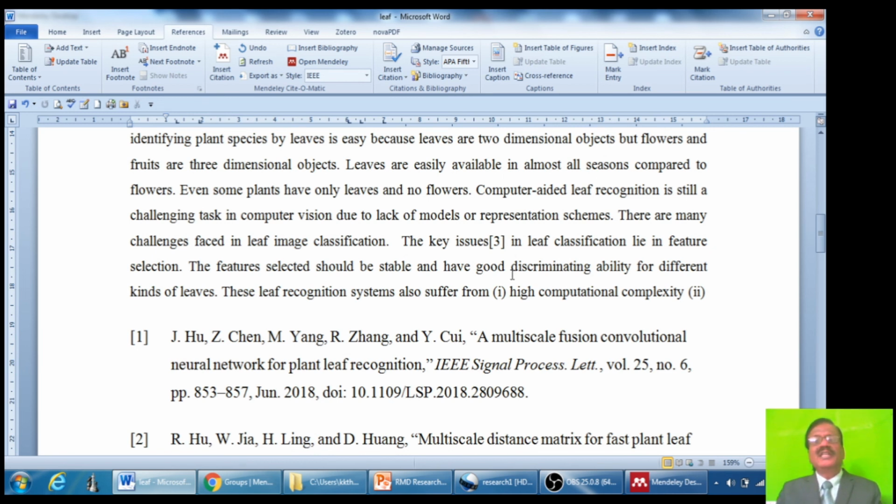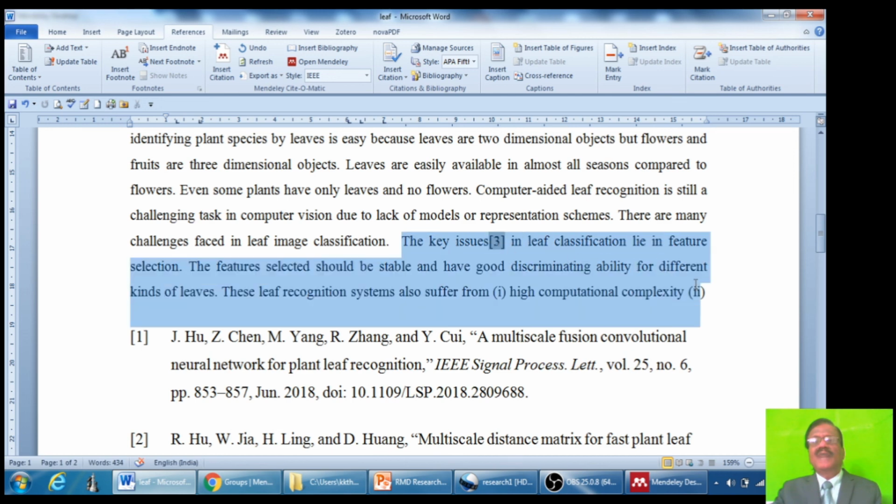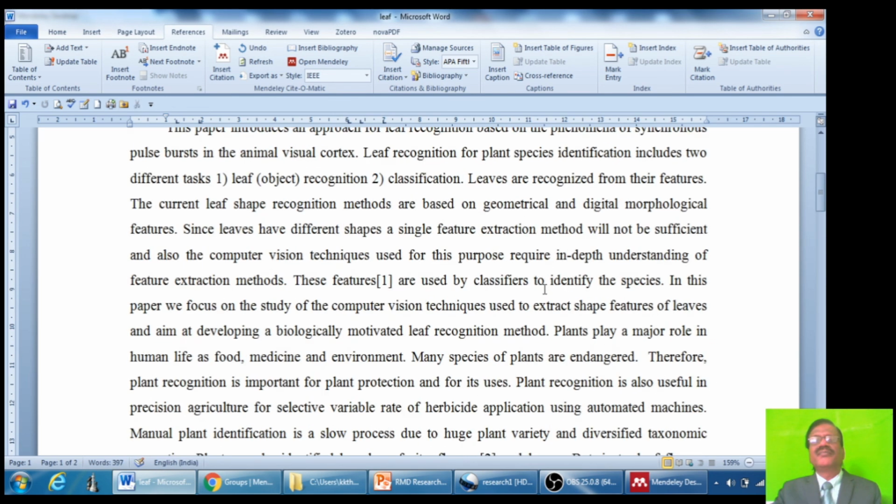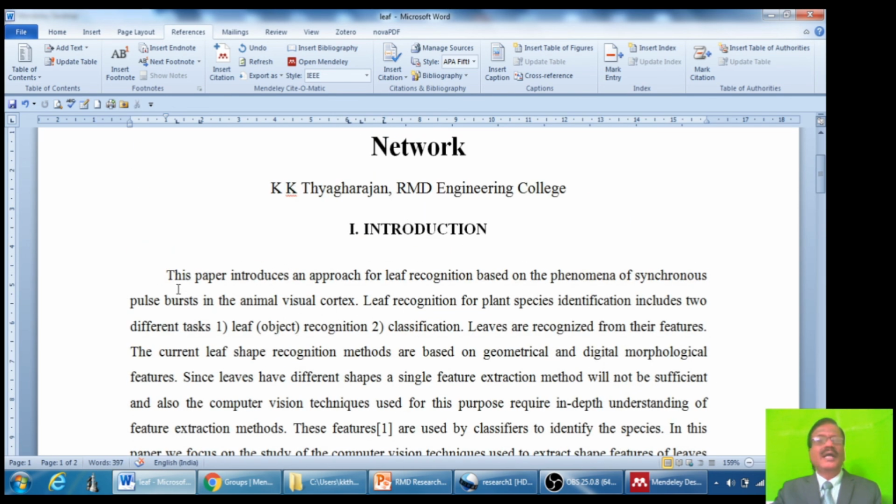You may be thinking to move a paragraph or some lines from the bottom to the top or from the top to the bottom. For example, you take this one. I want to move these lines to the top. Just cut and place it here.